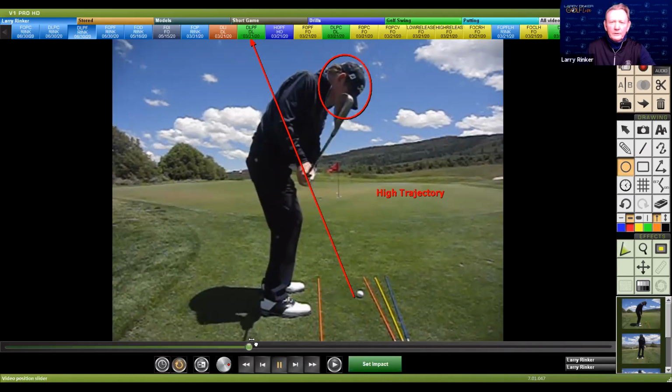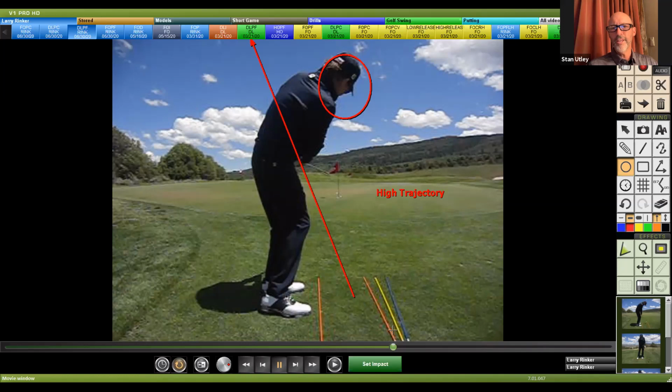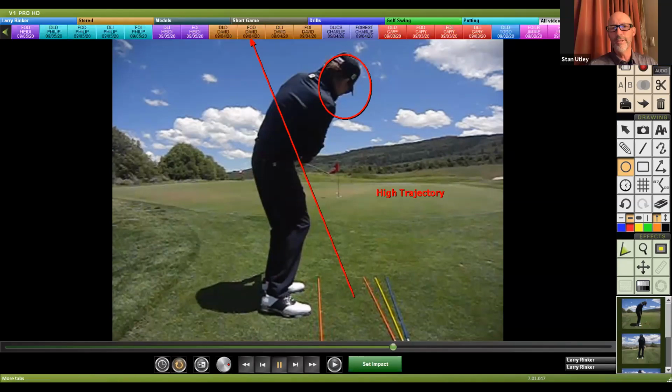Right. So you'll see that I'm not going down at all. I mean, that's kind of the worst thing we see, isn't it? Somebody, the right knee going down and the head going down, coming into the ball. And I think I tell that person, you may not realize you're going down, but if you add angle instead of release angle out of your wrist on the downswing, you must go down or dip, or you would whiff. Because when you're adding angle, you're shortening the distance between you and the club head.